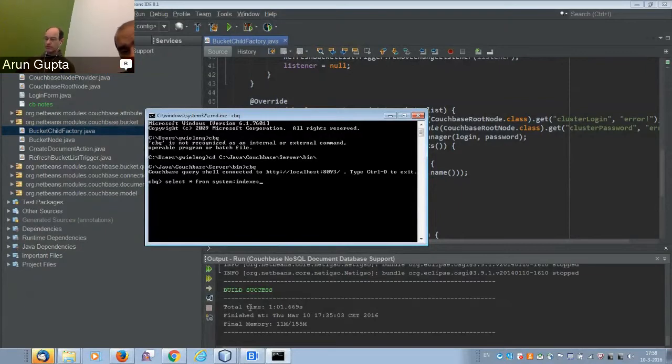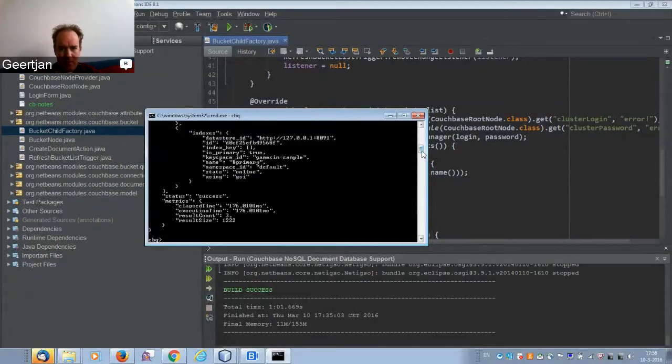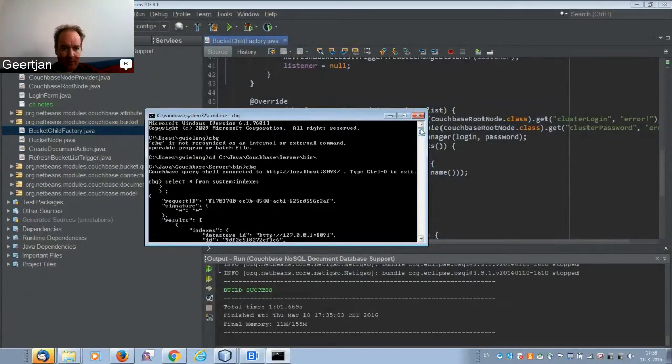Semicolon, return. Sorry, is this correct? Yes. So put a semicolon and then return. You need to end it with a semicolon and then return. Yeah, that's okay. You should be able to do a semicolon here and then do a return as well. That will work as well. Select star from system:indexes.